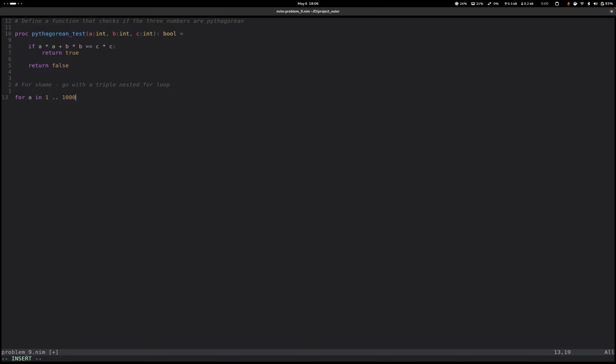I will do a better solution. I do have a better solution in mind, but for now I just want to tinker with Nim and see how it does. For b in 1 to 1,000, for c in 1 to 1,000, if a plus b plus c equals 1,000,